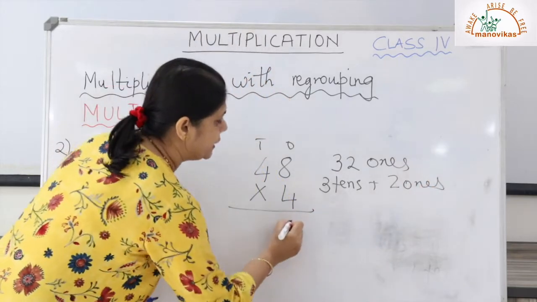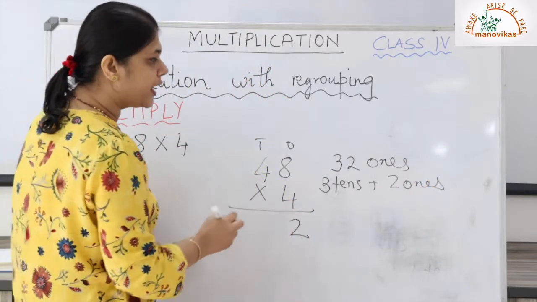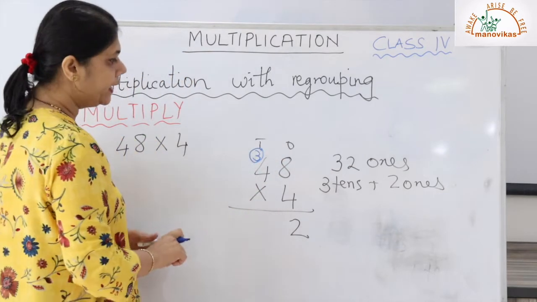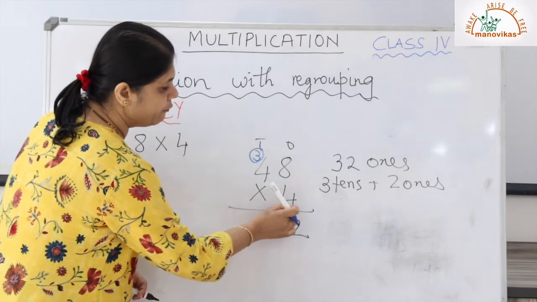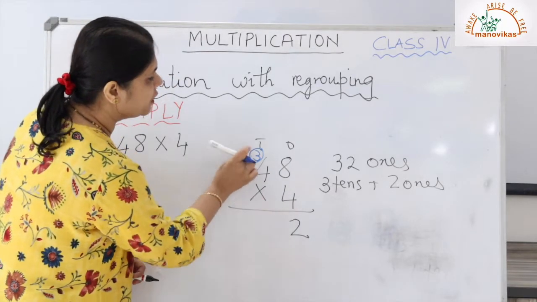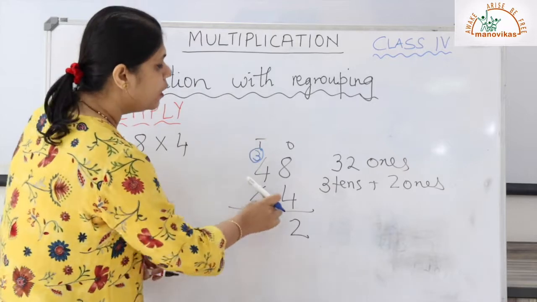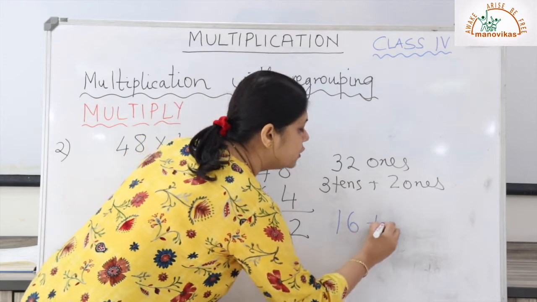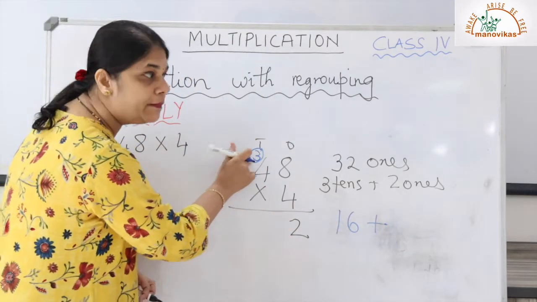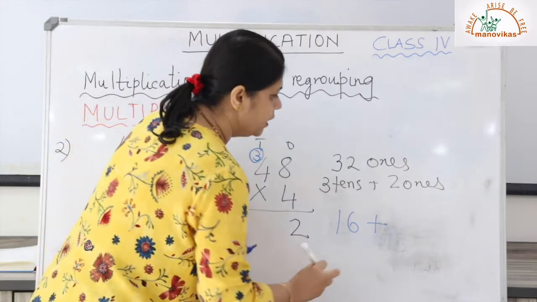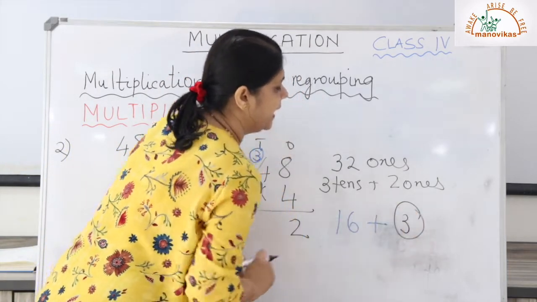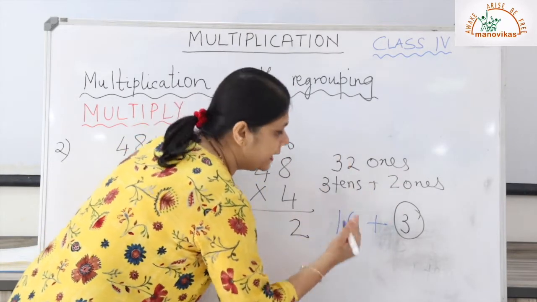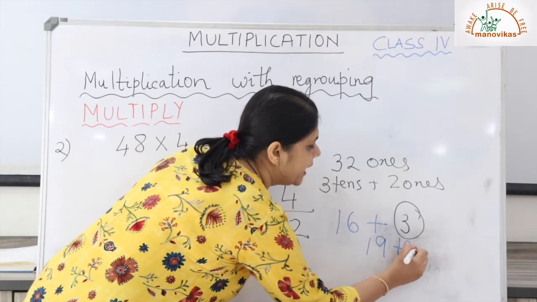So what we'll do? We'll write 2 here. And which number you're going to carry over, children? Carry over 3 in the tens place, right? Now again we will multiply 4 with this digit 4, which is in the tens place. So 4 4s is how much? 16, correct? But do not forget we have to add 3 more here because 3 is carried over. Plus 3, which is the carryover. So how much is 16 plus 3? 16, 17, 18, 19. So 19 tens again.